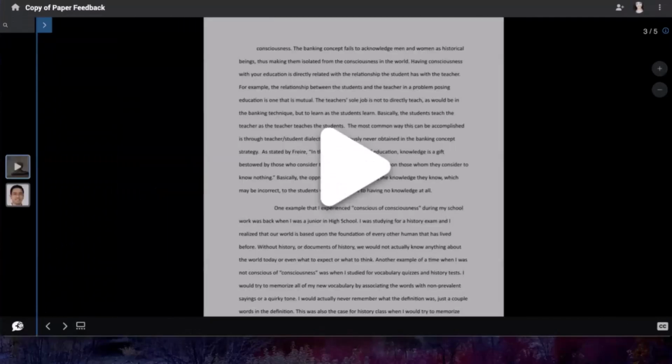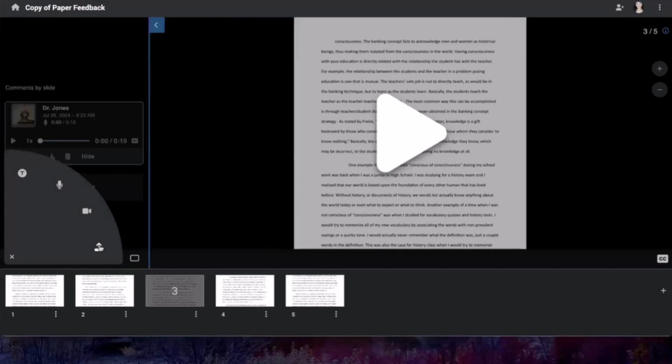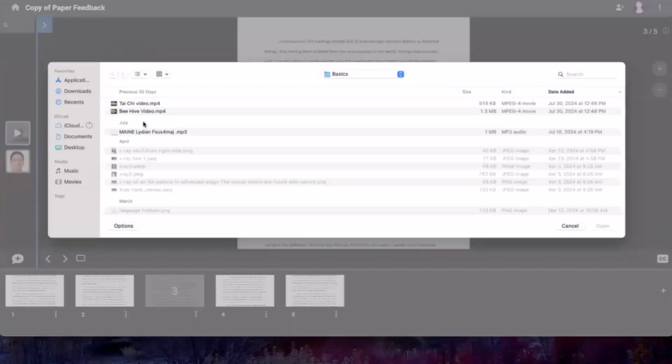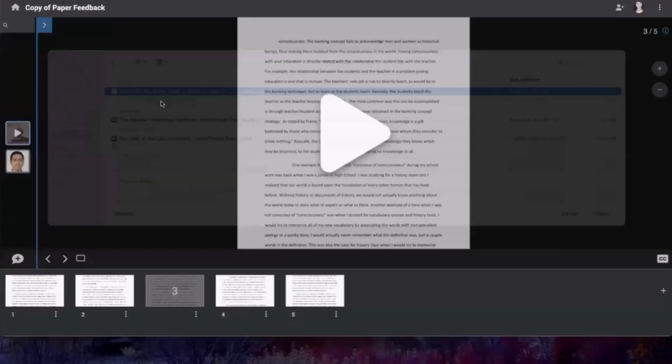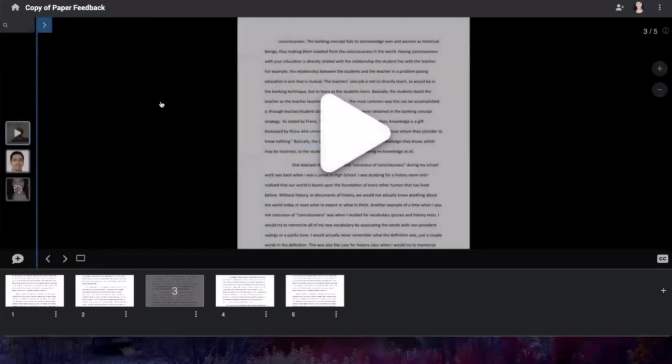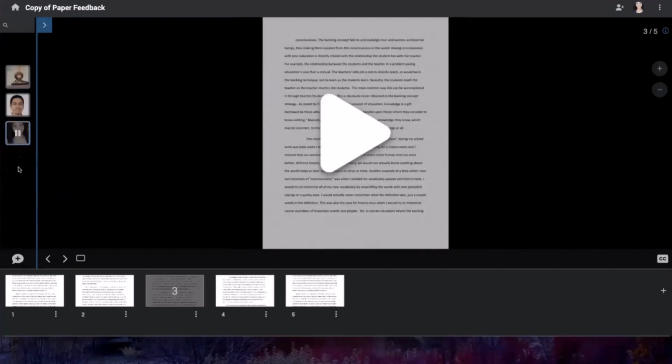But I can go to the comments and then I can upload that file as a comment. So I'm going to go into my desktop and I can see that comment. I can upload that. And now that comment looks like it's coming from this student, even though that's not the real student.